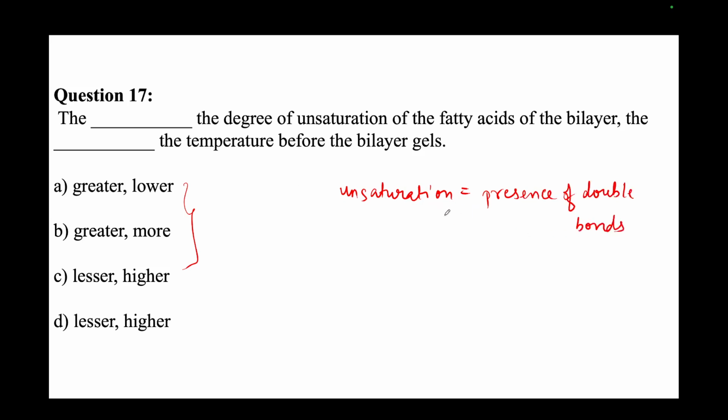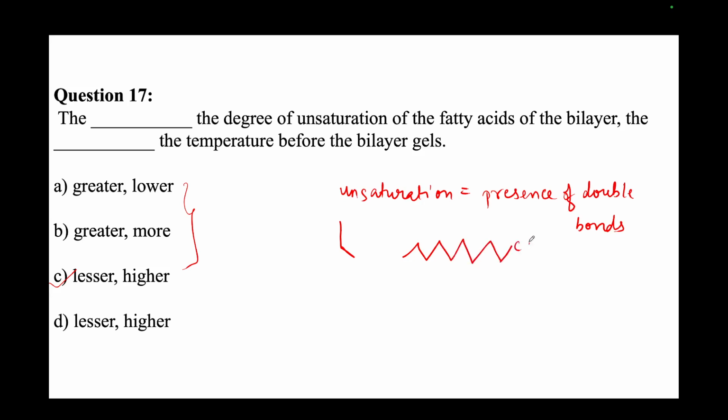So, presence of double bonds. I told you what will happen. Yes, so I have an answer option C. Lesser the unsaturation, higher will be the temperature. Yes. So, if we have double bonds, what is happening? Kink formation was there. So if I have a straight alkyl chain,